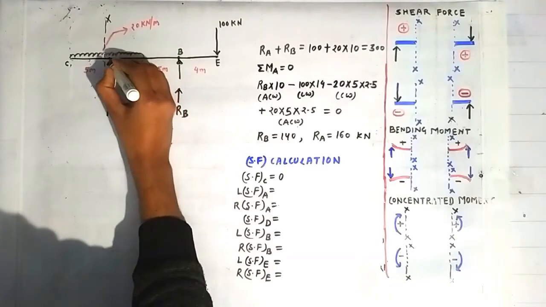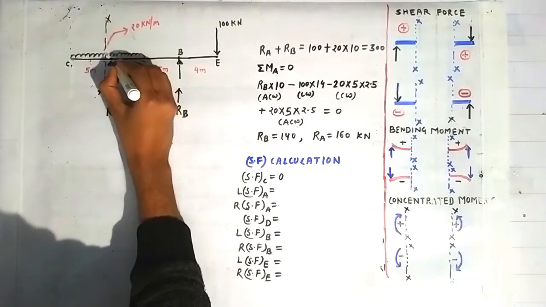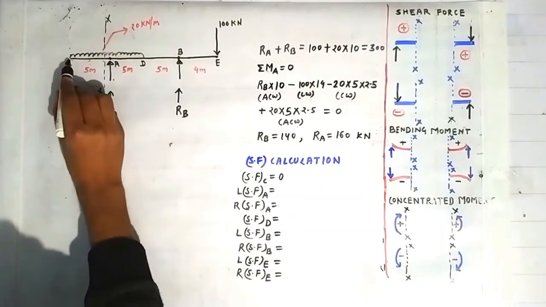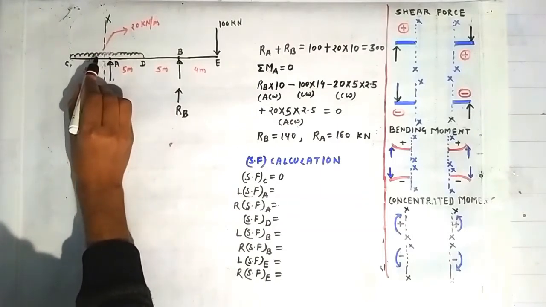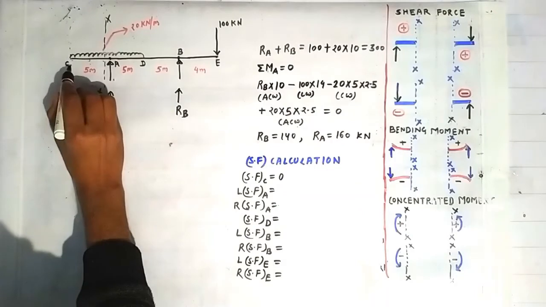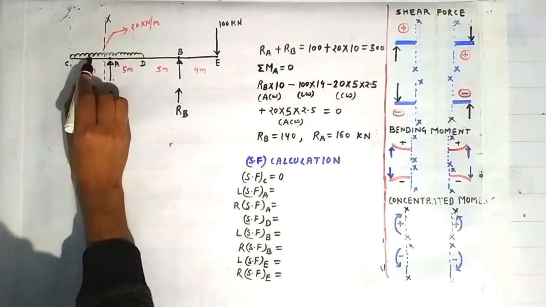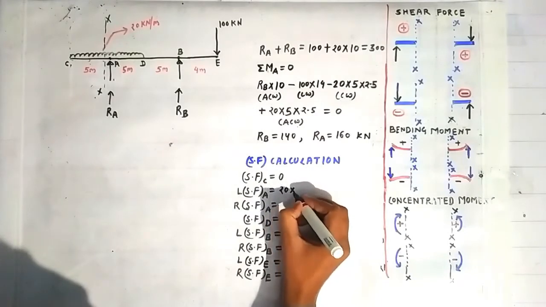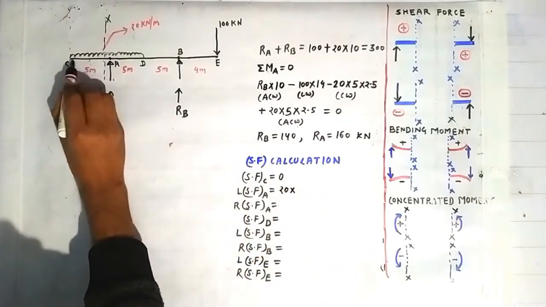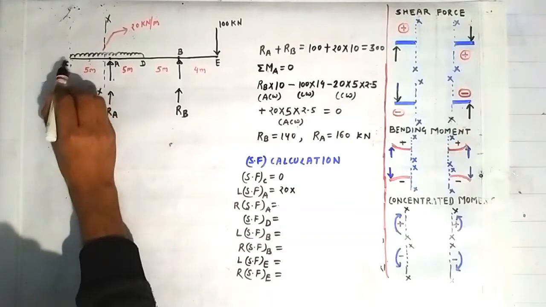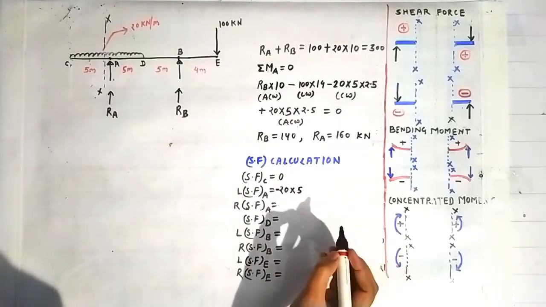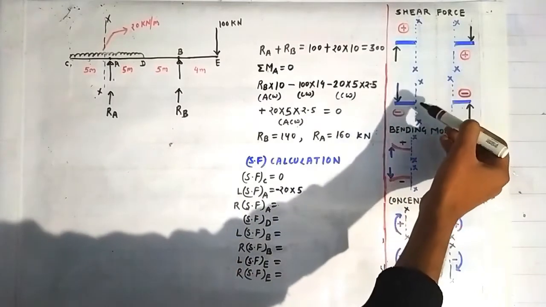The point A is lying somewhere, is this point, okay? This is the point A actually. So on the left side of this section, you can see that this portion of the UDL is contributing toward the shear force, and the magnitude of that will be equal to the intensity of this load, which is equal to 20, and it is acting over a span of 5 meter, which is lying between the section XX and point C. So, and it will have a sign, negative sign, because using this sign convention we can have the